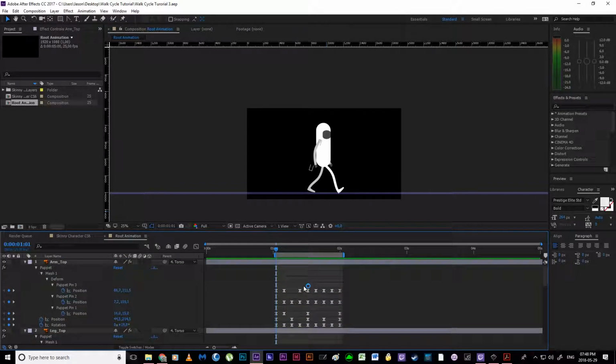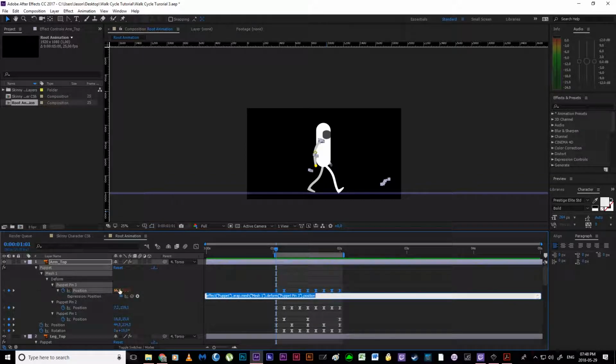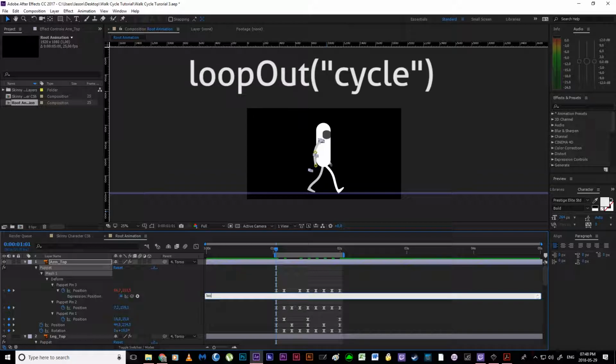So, holding down Alt or Option if you're a Mac user, we are then going to click on the little blue stopwatch over here. Alright, make sure you're holding the button down. If you're not, it's going to delete your keys. Okay, but if you do it correctly, we click, our numbers turn red, and we get a line of code here. Alright, and we are going to replace this with loop, lowercase l o o p, capital O U T,